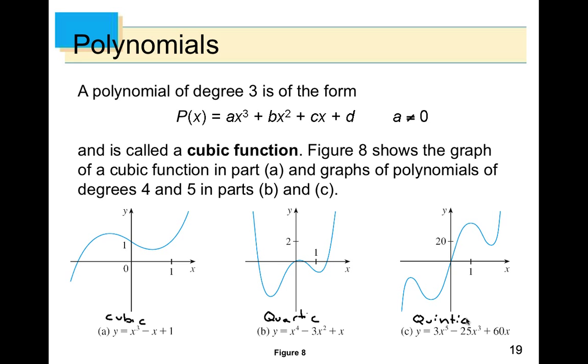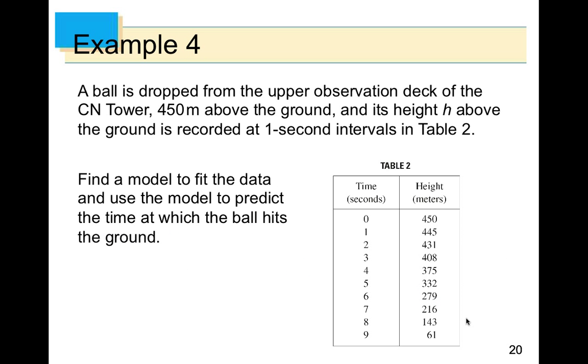Let's take a look at an example and see how we can adequately model this situation. So if I give you a ball that is dropped from an upper observation deck of the CN Tower, which is 450 meters above the ground, and its height h above the ground is recorded at 1 second intervals in Table 2. So I give you the table. At time 0, the height of the ball is 450 meters, and then at t equals 1,